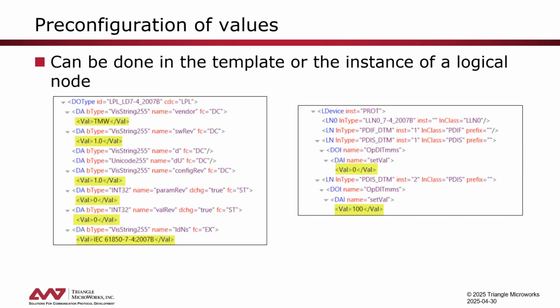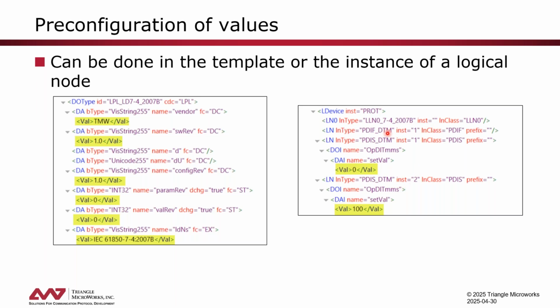And then we also can pre-configure values. We have seen we have configuration attributes, we have parameter settings. So we can also pre-configure those values either in the template or in an instance. We have here a first example where we have a data type template for the nameplate. We can configure values like the vendor, software revision, namespace, and other elements. If we do that on the template level, all logical node instances that use this template will have the same